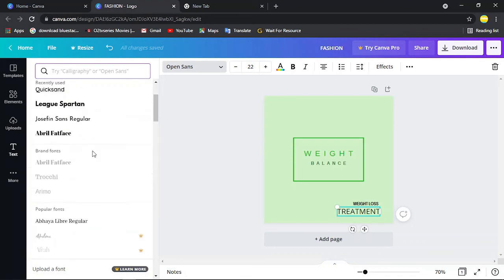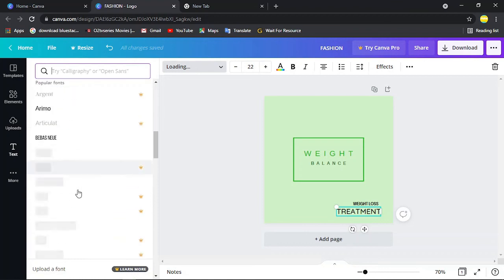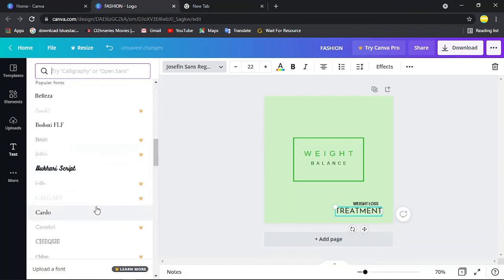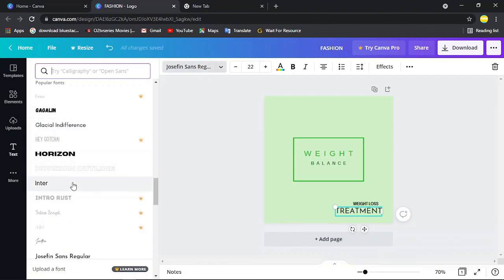So let's quickly find one. Let's use this one. Let's see how it's going to be. So this one is not okay. Let's change to this one. So I'm going to check which one. It has changed, but I don't like it. So I want something very thick, thicker than the weight loss. So it's actually thick. Okay,